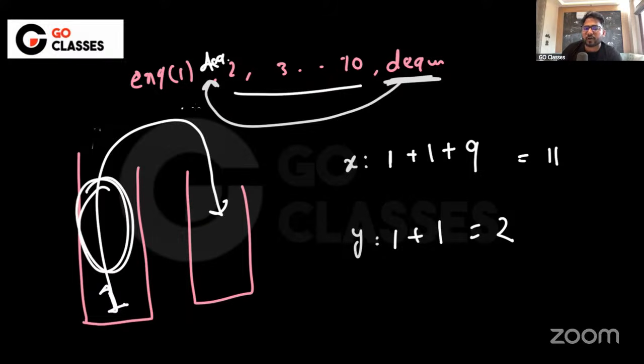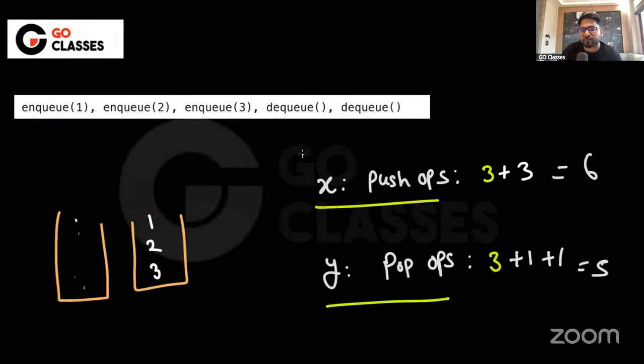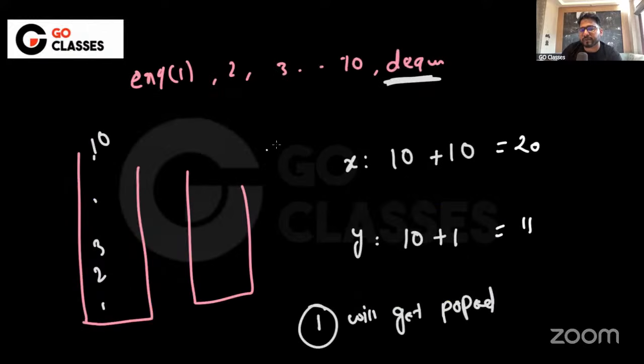Okay. So I hope this question was easy, but I'm just trying to do a little more analysis. The analysis I'm coming up with is that if we have these two stacks, you are basically implementing a queue using these two stacks. If we enqueue one and immediately dequeue it, there is no unnecessary pop. But suppose you push all these elements and then dequeue, then